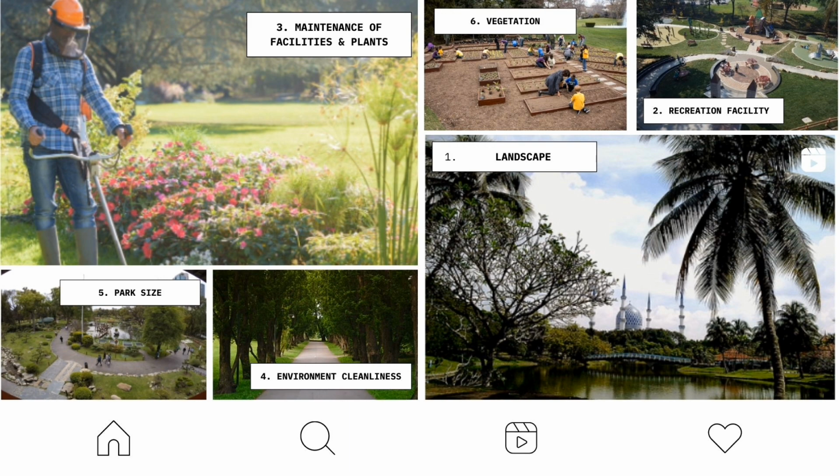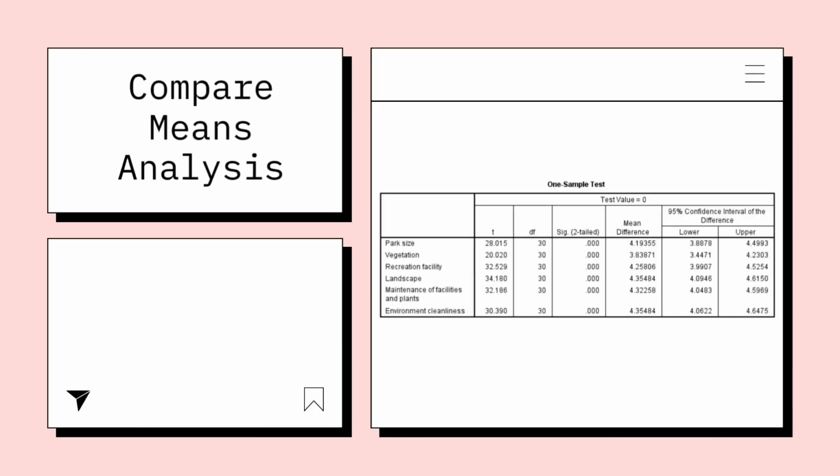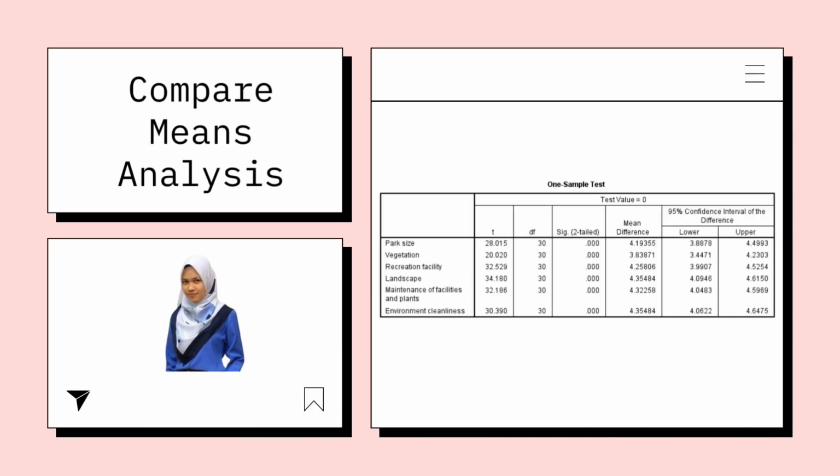32.529, maintenance of facilities and plants 32.186, environment cleanliness 30.390, and park size 28.015. The independent variable with the lowest t-value is vegetation 20.020. Landscape is a variable that most influences the resident satisfaction with urban parks in the Shah Alam residential area